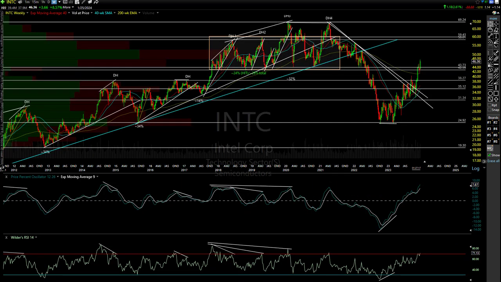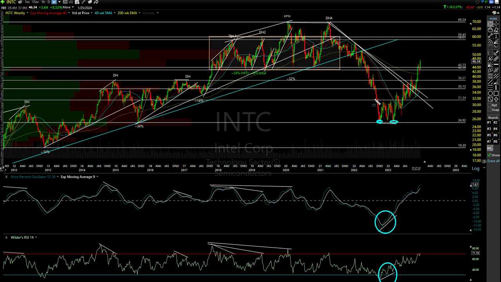Intel. This one's interesting. This is a great example of what I kept, on SMTC, I showed you one that stood out from the rest. It was at multi-year lows instead of multi-year highs, like a lot of semis right now, or near multi-year highs. This one was also my favorite when I was still shorting or bearish the market, or this is when the market was bottoming, but we traded this. I pointed this out as my favorite, the most bullish looking of all the semis.